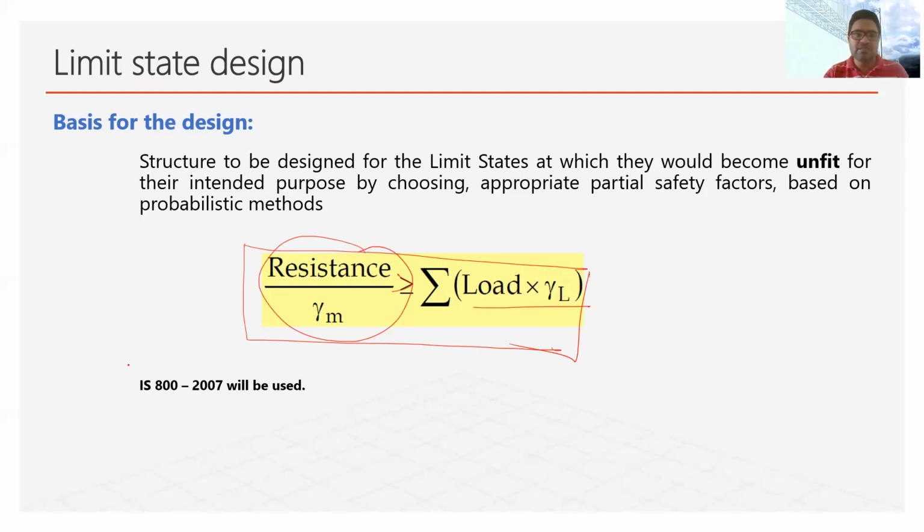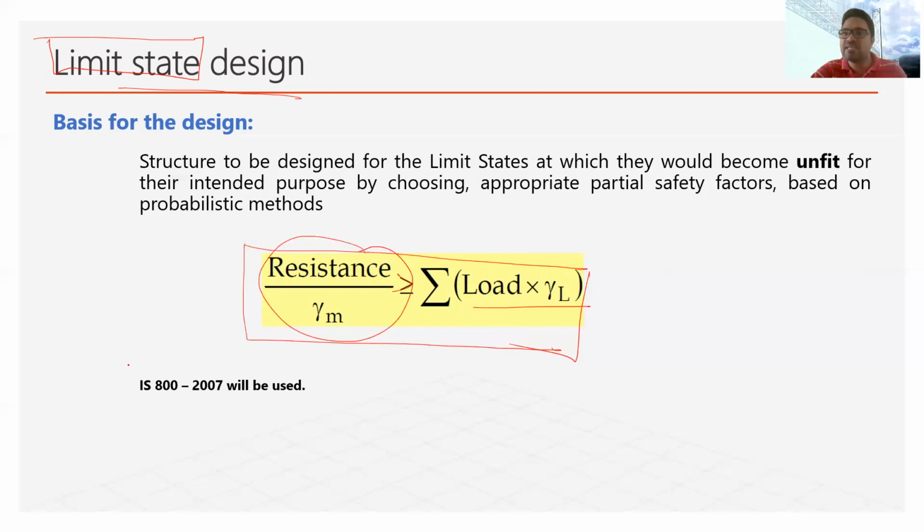So limit state here means the failure state. Designers usually prefer to take this name, limit state, which actually means the failure state. So they call this method the limit state method, or you can call it the failure state method also. This limit state method seems to be more sophisticated, which is why they call it the limit state method. But the concept here is that we consider the failure state of the structure and then we design on that failure state.